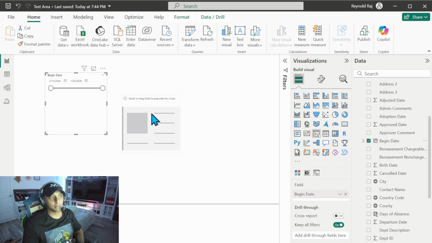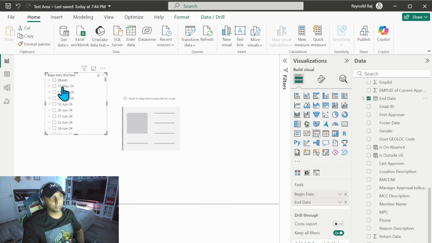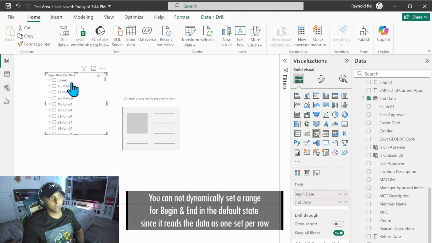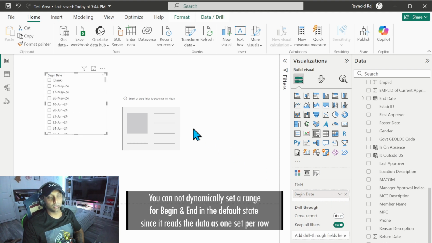begin date in there, it will not let me put end date as well. So you can see how the range is set up oddly, because now it's showing every instance. So every single begin date and then end date subject to that row as well. So if I remove the end date from my field, I'd only show begin date within that slicer or selection box that we have. But what it doesn't help with is